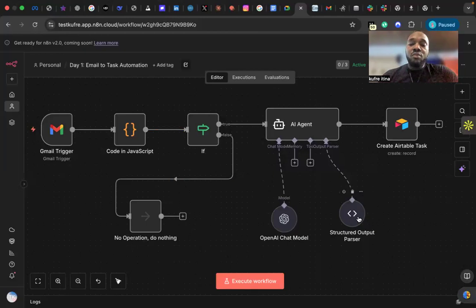It helps the nodes format this information well, because the AI on its own, if left unchecked, can mess up the information in the database. So the output parser acts like a formatter, so the AI assistant can better understand what is going on.